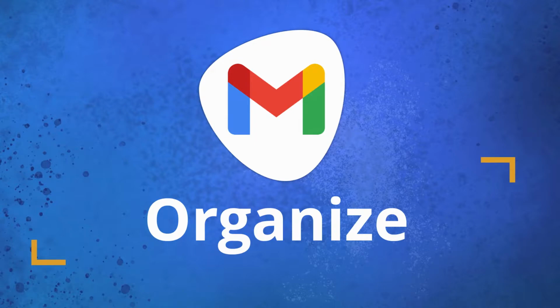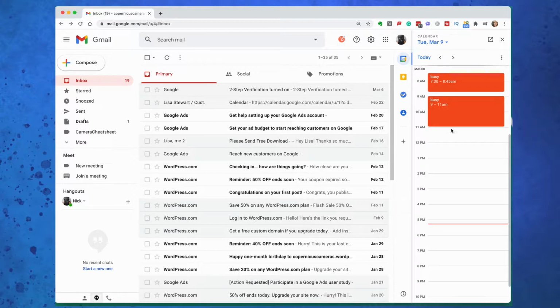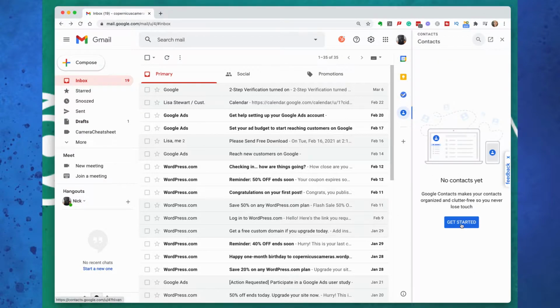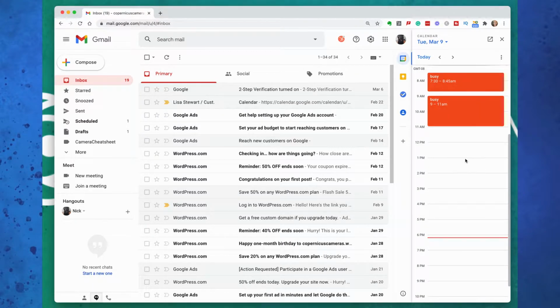Organizing. Undoubtedly, you've noticed that Google has rearranged the dashboard of your Gmail account. The biggest changes I see are the collapsible side panel where you can access your calendar, take notes, add tasks, and reach your contacts. I love the quick look feature of the calendar to see what my schedule looks like